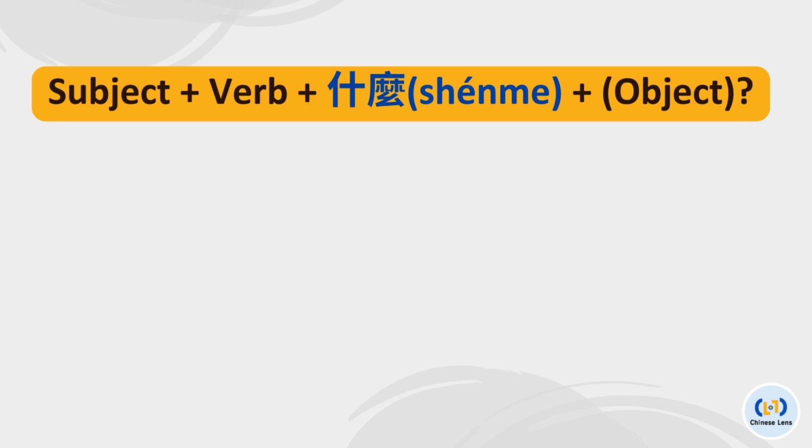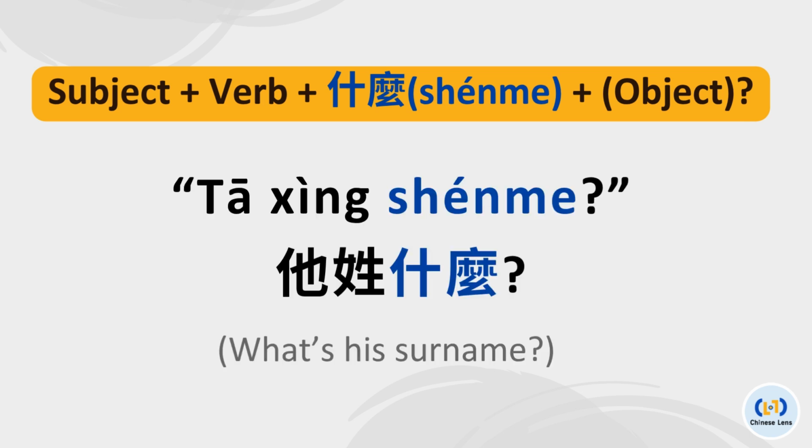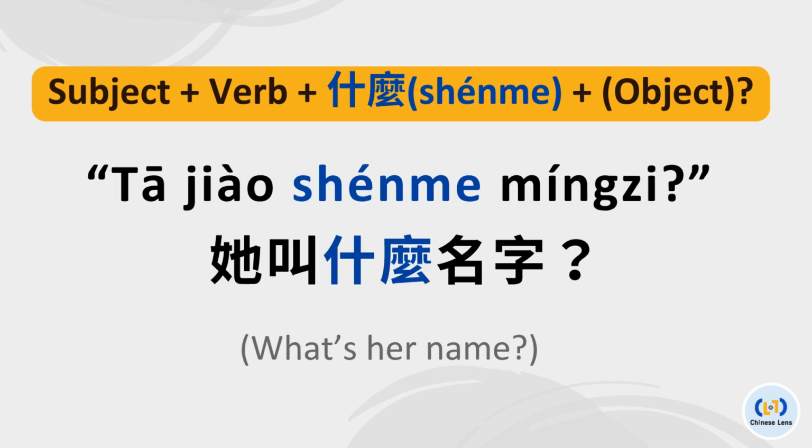From the examples above, you can find out the basic structure to form a question is subject plus verb plus 什么 plus object. For example, 他姓什么？ Another example is, 他叫什么名字？